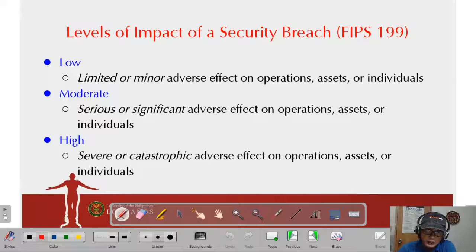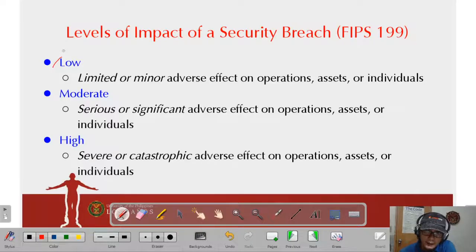We can actually provide different levels depending on the impact of the security breach. We can categorize a breach as low level, having a low level impact